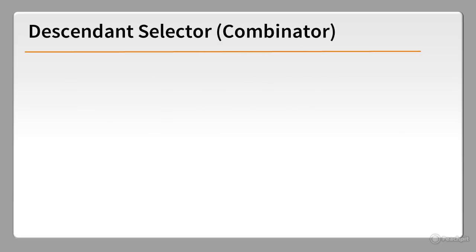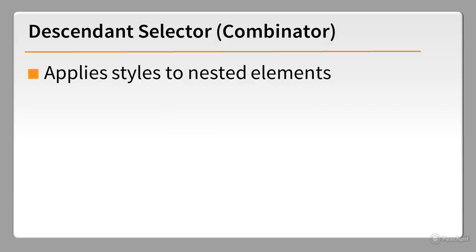The last basic selector is the descendant selector, or combinator as it's sometimes known. This combines two or more selectors to target elements more precisely, depending on where they are in the HTML structure. In HTML terms, descendant means nested at any level inside another element. To create a descendant selector, put the selector for the outer element first, followed by a space, then the selector